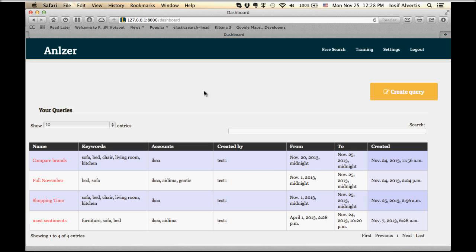We can see a series of queries. Some queries I have done already and stored here. I'm going to show you to understand what a query is and what is the difference from the settings we have seen already. But let's go first